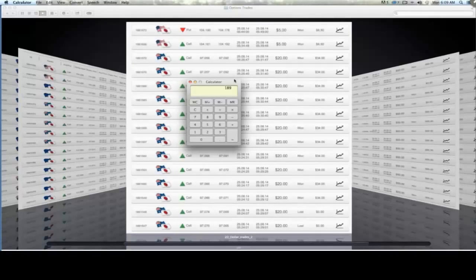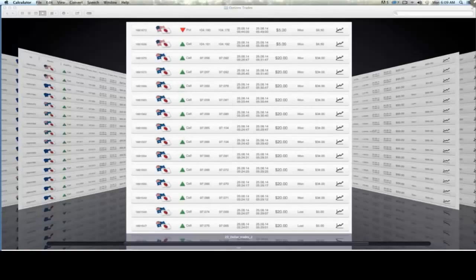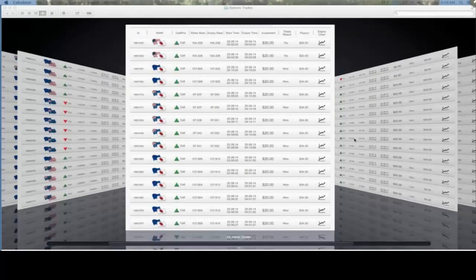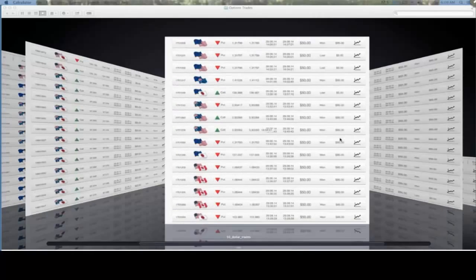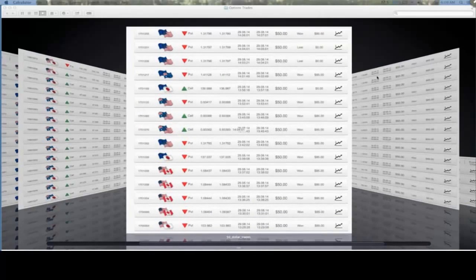There's $189 in profits that I made here in like 20 minutes. And this is really to show you guys what is possible with this. You're going to see a lot of videos coming out and a lot of things coming out of me showing you more on this. But just know we've got a trading platform in place that actually works.